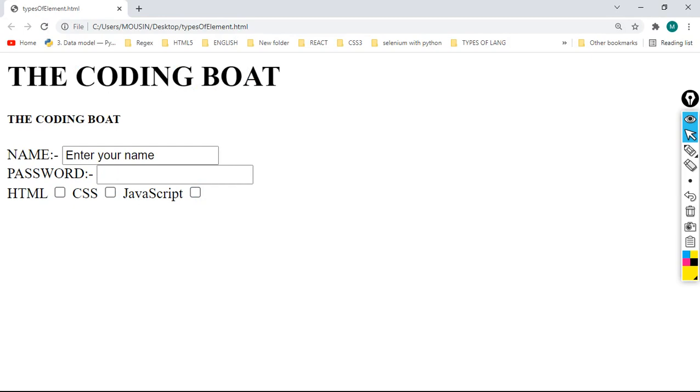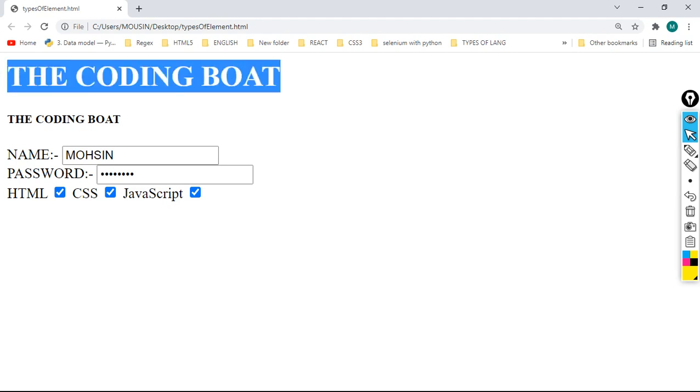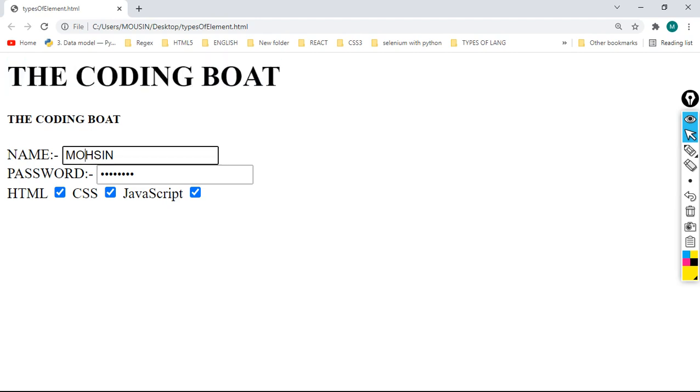Here it is. Now we are having a different representation, correct? See here, Mohsin, password, and then I am able to select HTML, CSS, JavaScript, all three things, correct? So this is the difference between a normal element and an input element.